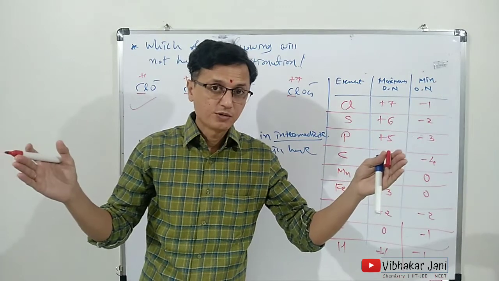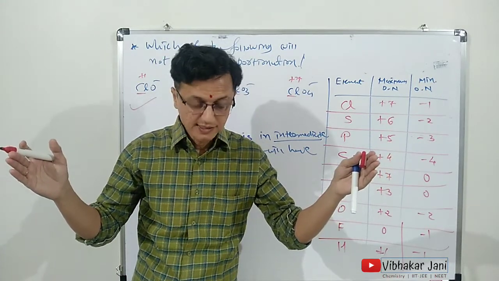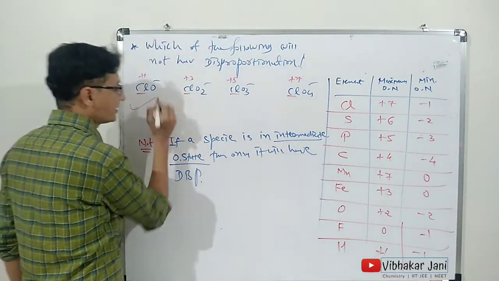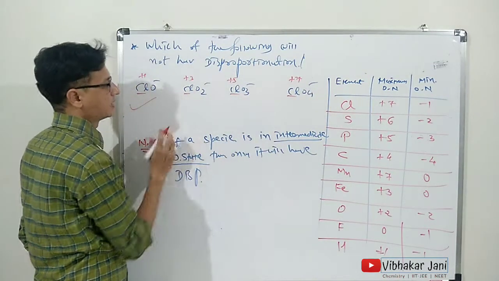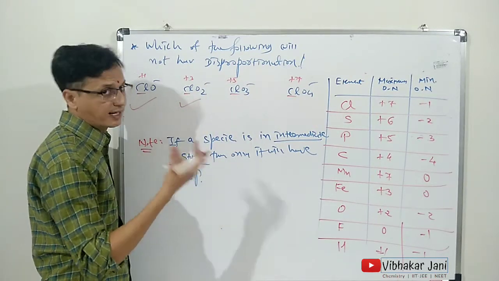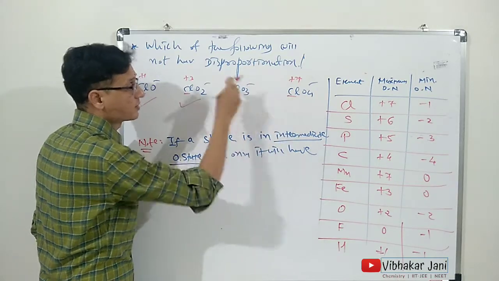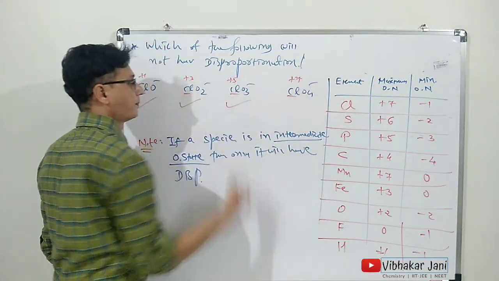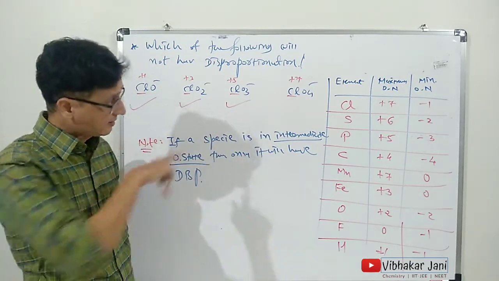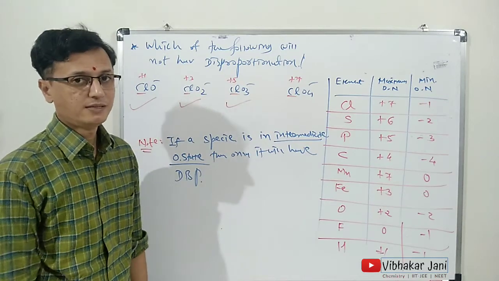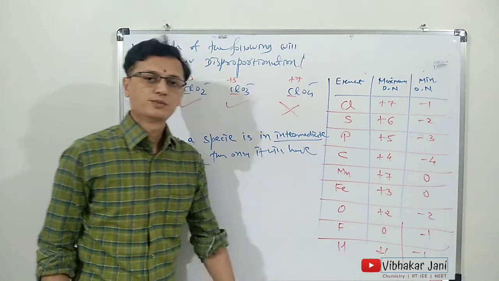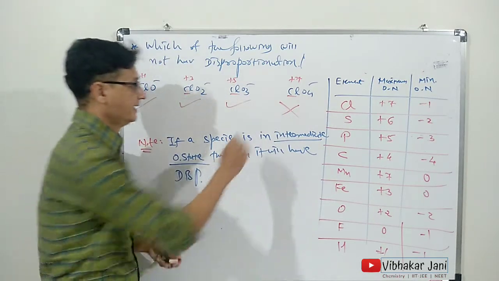If chlorine is having an oxidation state between these two ends, then it will have disproportionation. Otherwise, it will not. So +3 is between +7 and -1. So yes, it will show disproportionation. +5 is again between +7 and -1. It will show disproportionation. But here it is +7. And as it is having +7 oxidation state, it is the maximum, so it will not show disproportionation. Why? The reason